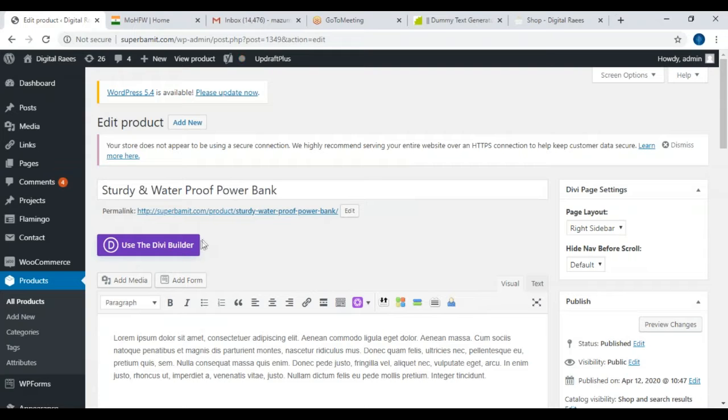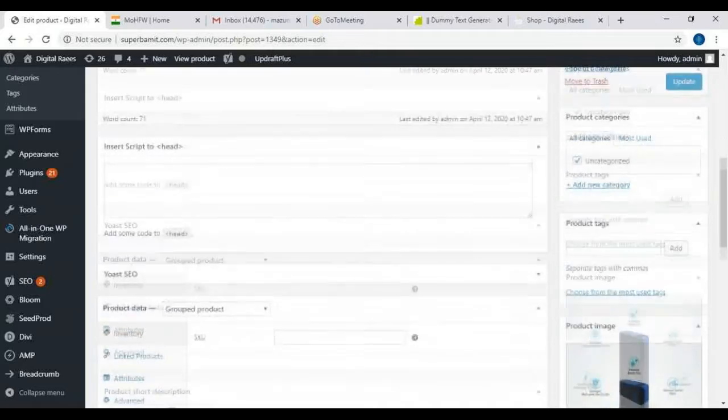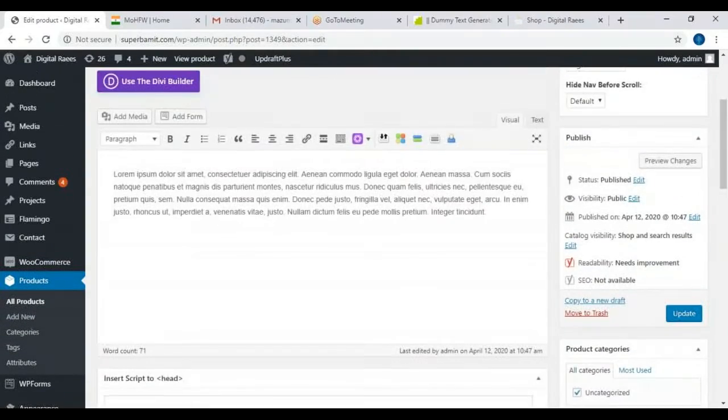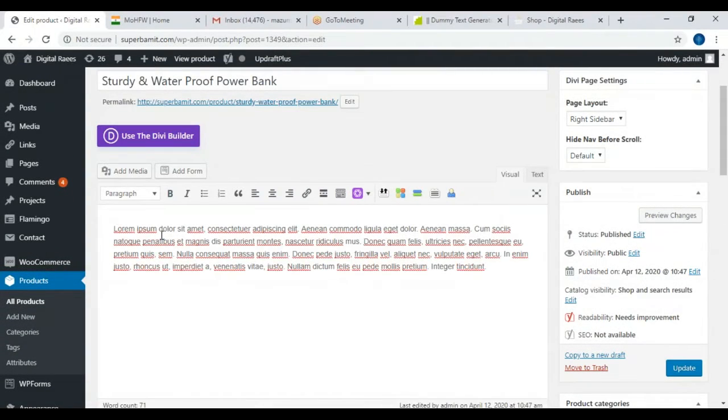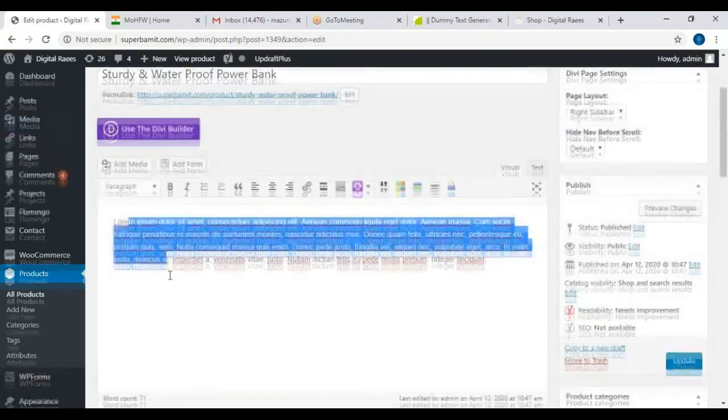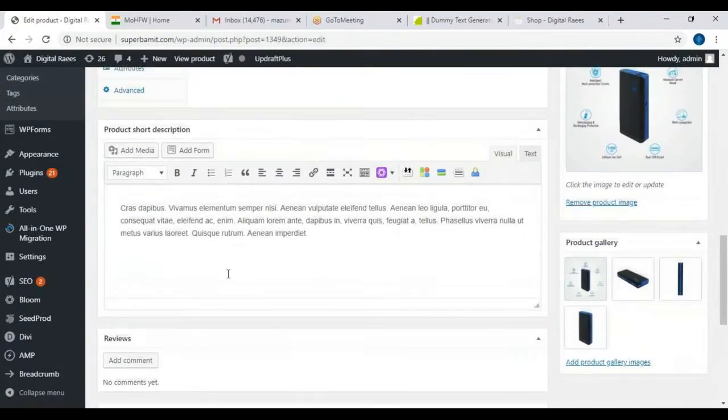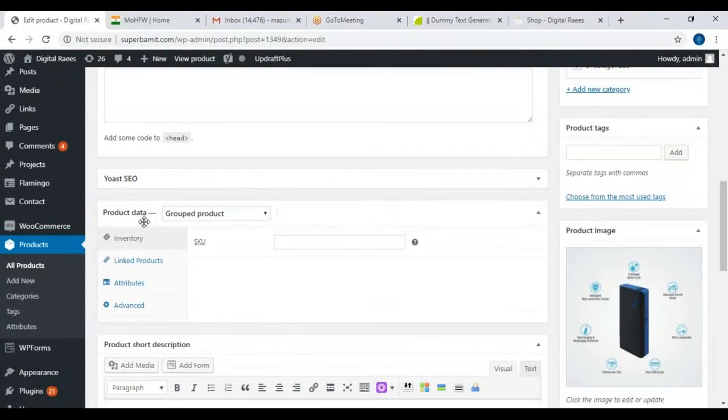So what you guys have to do is create a new product, and that new product is going to be a group product. In this group product we have to give the description. In simple product we haven't given the description, but in here I have to give a long description, a short description, and then this product data has to be group product data. Now I will not give anything in here, I just click on linked product.